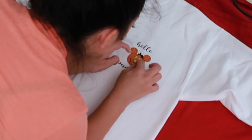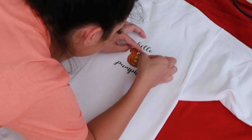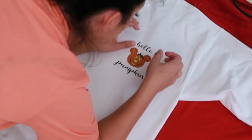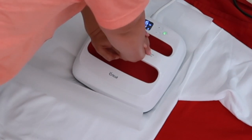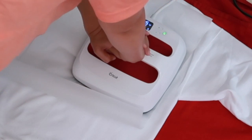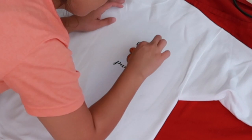I think what I did was I cut the transfer tape super, super thin, so I was able to do the green and the yellow at the same time. You just don't want your transfer tapes to be on top of each other, because I feel like that's a little bit more of an opportunity to burn your heat transfer vinyls. So again, I think I might have done it for even less than 15 seconds because these were such thin,